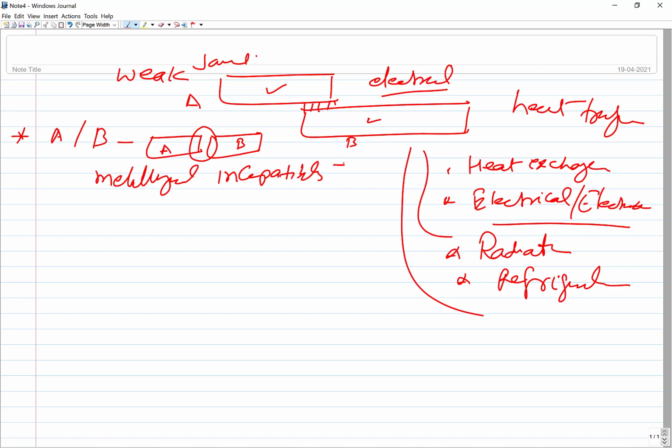So the thing is, say steel and aluminum, when these two are fused, it forms something which is extremely weak, and we are very poor in terms of the joining joint properties. The second one is that the two can be joined, or say metal A is to be joined with A, but